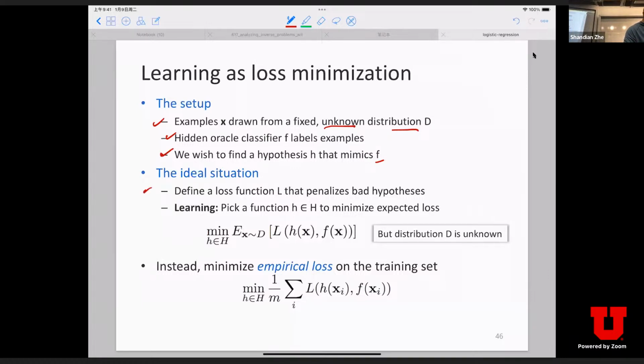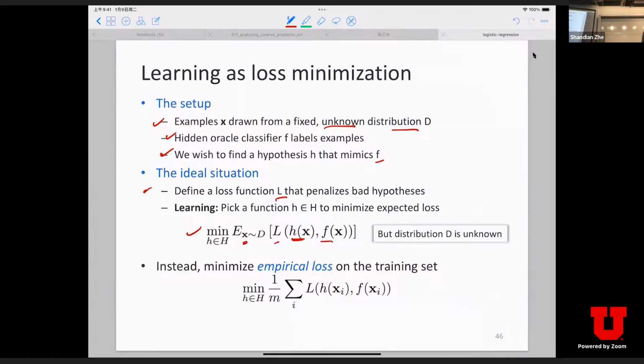This ideal situation is that we can have some loss function directly penalizing bad hypotheses. Then we denote this loss function L. For every possible input example X, we compare your hypothesis prediction and your ground truth labeled by F, and we have some penalty, some loss function value. We want to minimize the expected loss over the example X on the data distribution D. This is our ideal